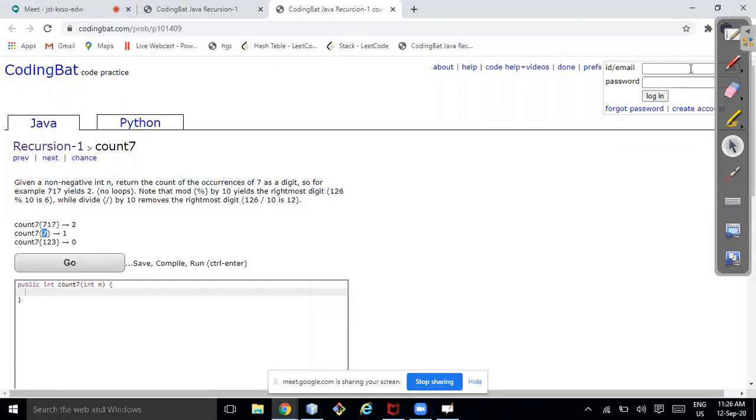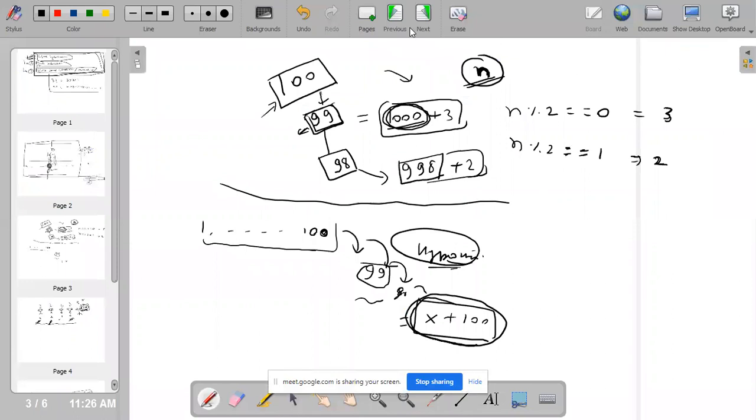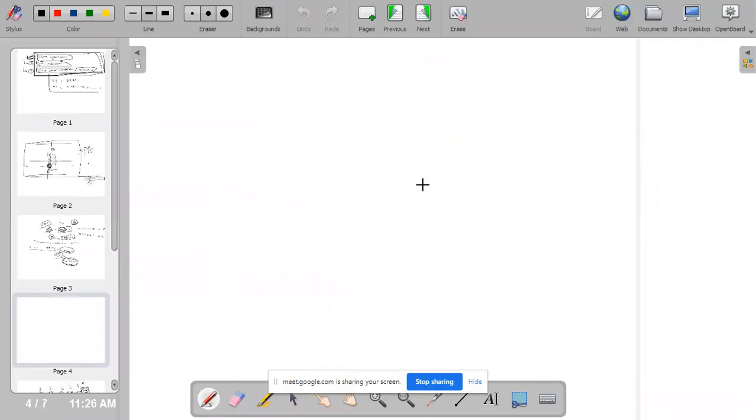Let me explain it a bit more clearly. You have something like 7177, and you have to get how many 7s there are. It's not a string, just as a reminder, it's a number. We know two or three things.